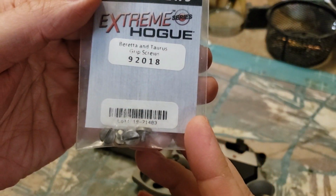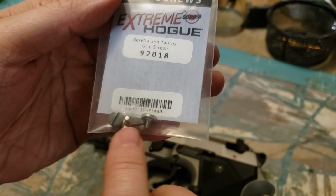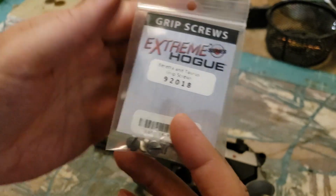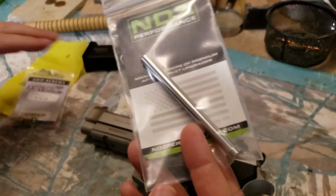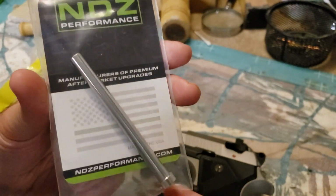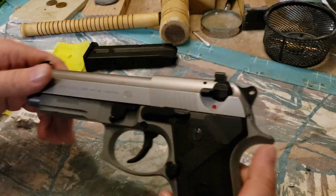There you can see these are stainless straight cut. I went with straight cut as opposed to hex, just for whatever reason. I've had both. I don't really care either way, but I just went with the slot because that's what I found. And then from NDZ Performance, we have a stainless steel guide rod. So we're going to replace the